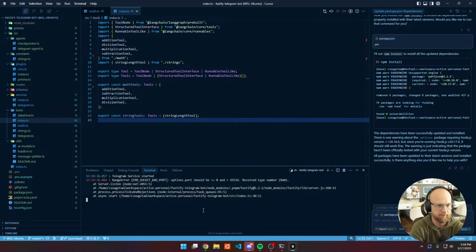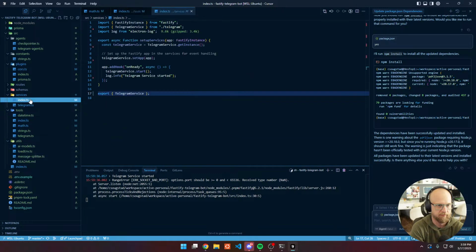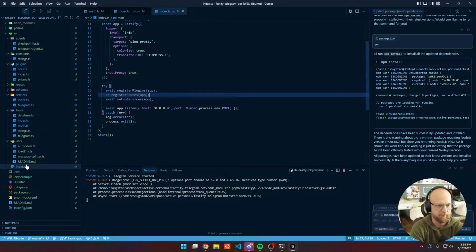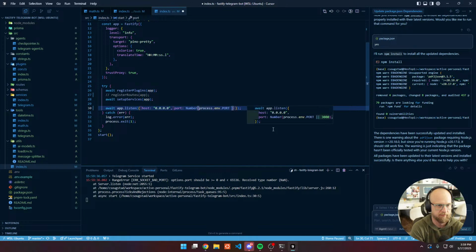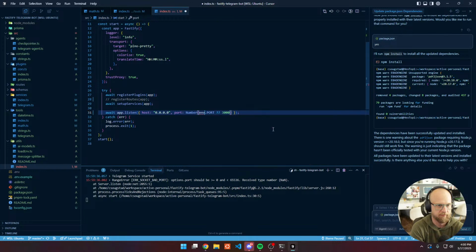All right. Port, that's right. The port should have a default. Let's go all the way back to base index. So we got process and port. Right, should be this. Yeah, or 3000, which is fine. But this is not going to be N. This is going to be like this. And then in here, in load env,